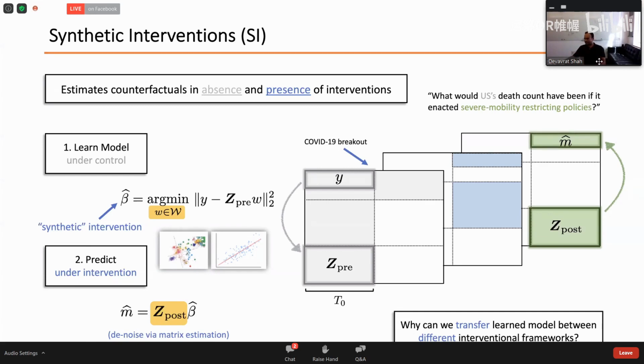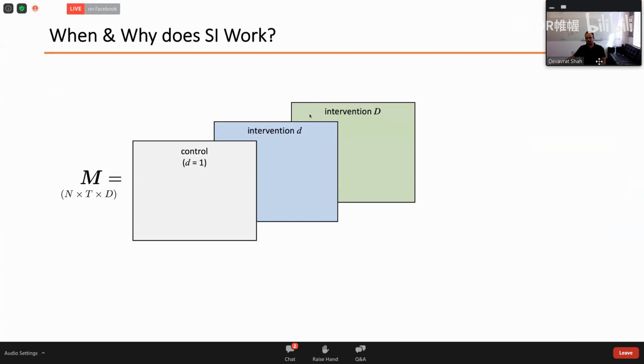Okay. But in a sense, that's a fundamental driving assumption of this method. So the question is, when does this work and why? Okay, so now I'll present a simple model which I will call a tensor factor model, and it's just a natural generalization of a matrix factor model or factor model. It has been utilized in econometrics, and also has a nice relationship to exchangeability and all that. So it's a nice generic model and reasonable to believe that this ought to be true. And of course, as we'll find in these case studies, we find it very effective. So let's discuss what this model is.